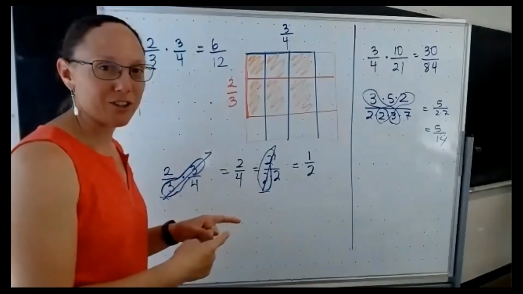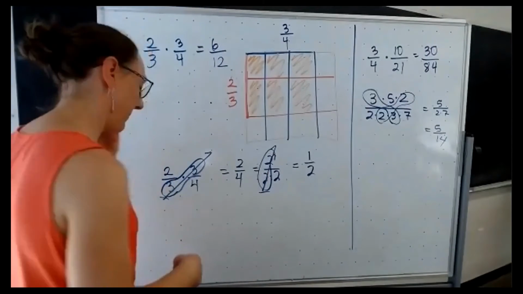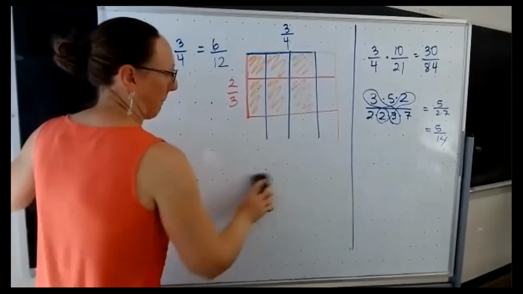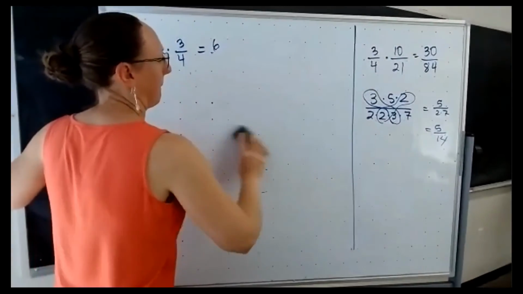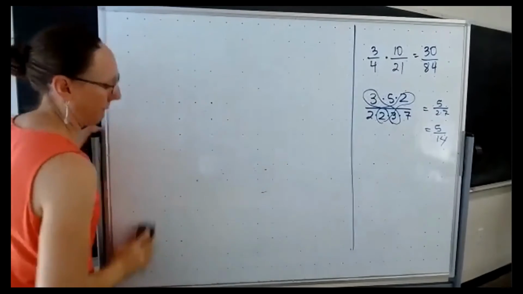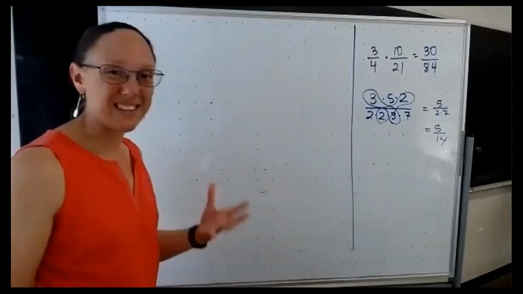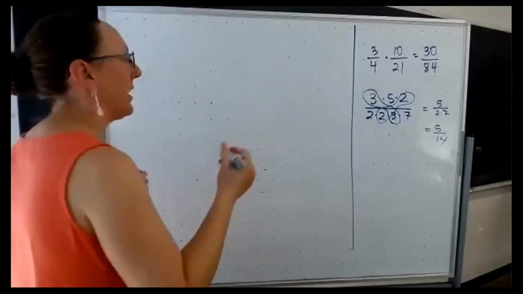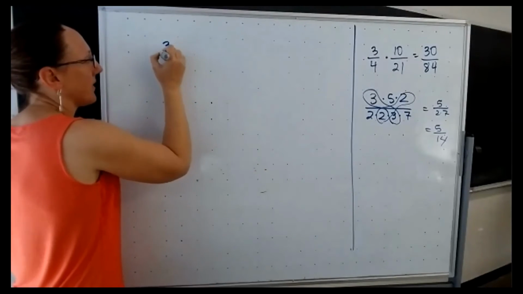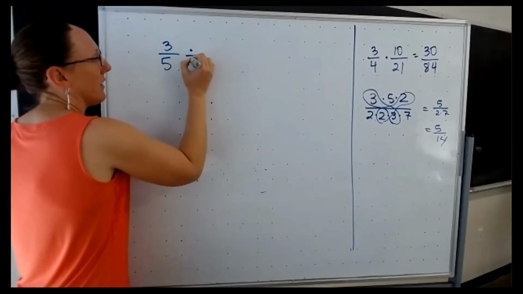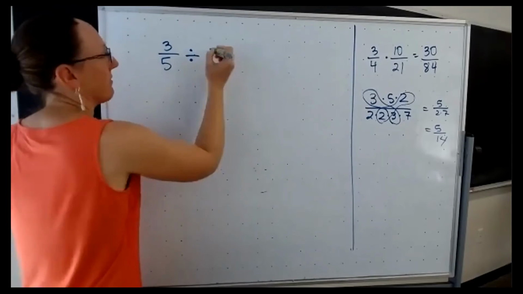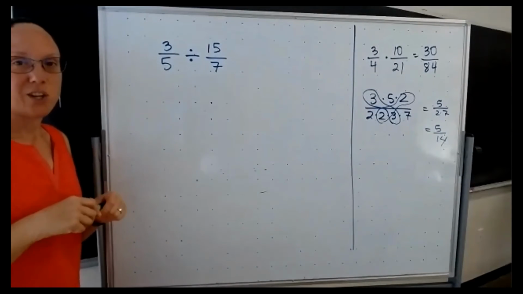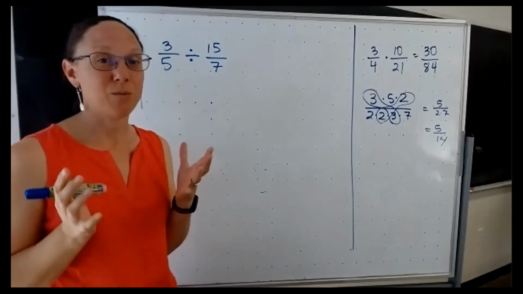Well, if we can multiply fractions, we can also divide them. Again, this is just a refresher with numbers, and then we'll get on to the polynomial stuff. 3/5 divided by 15/7. For starters,